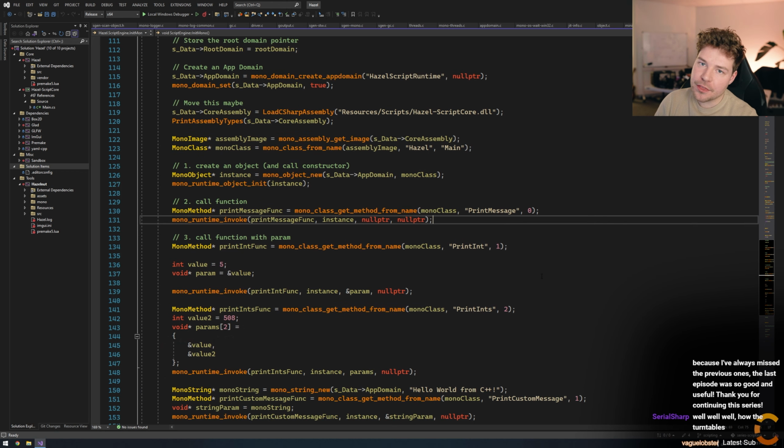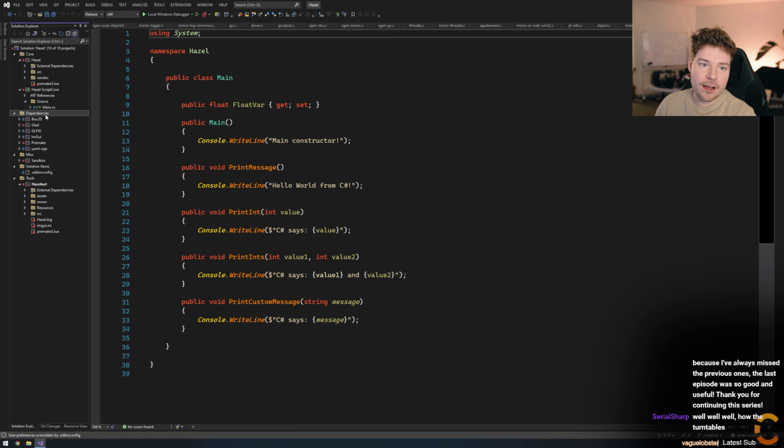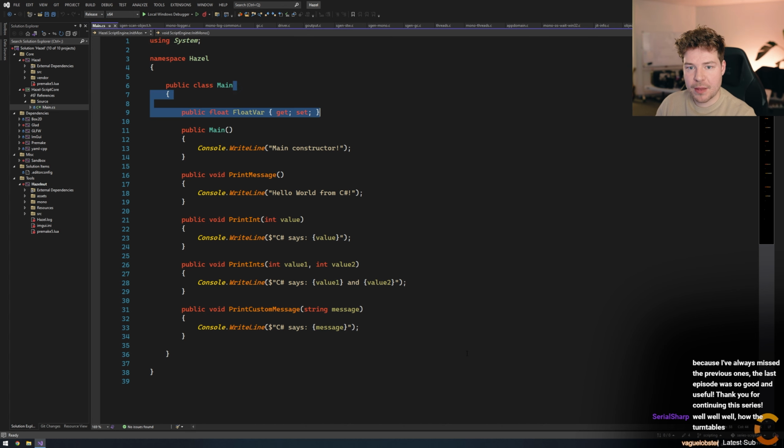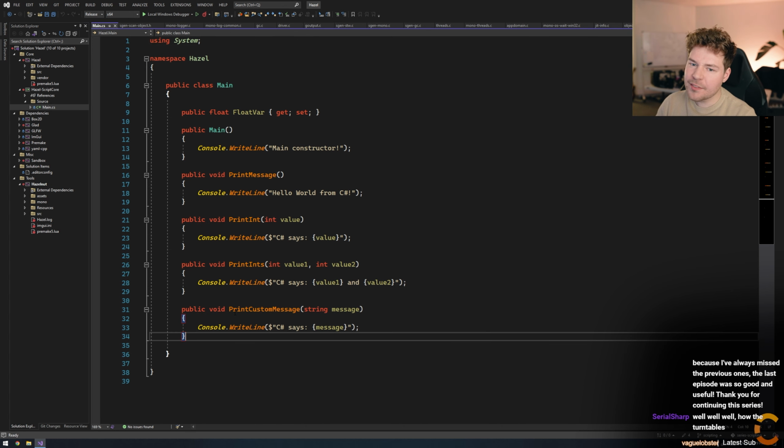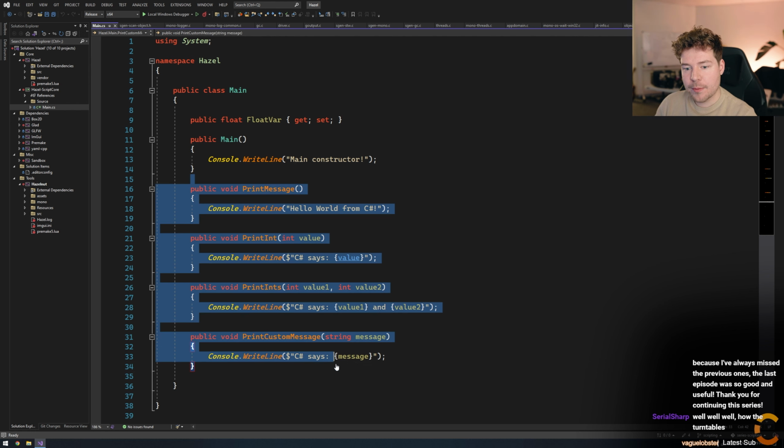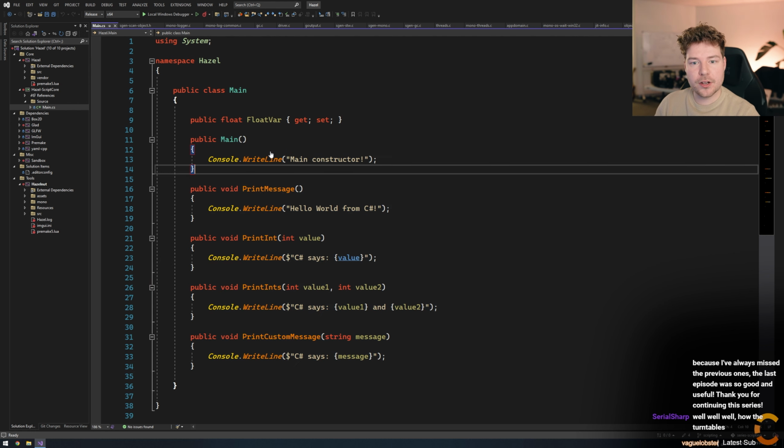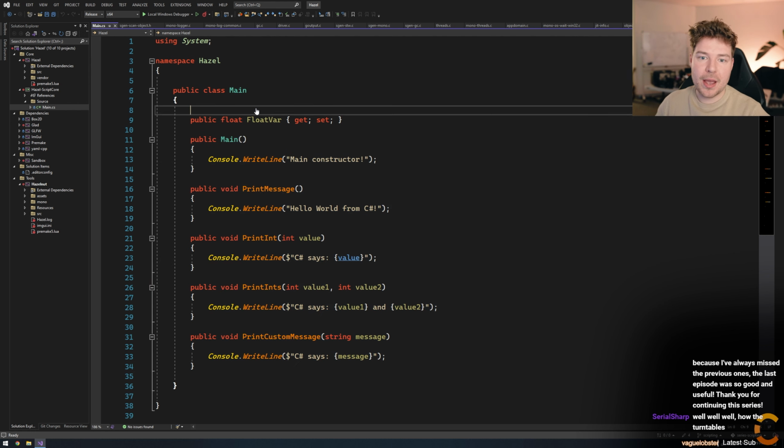Yeah, I'm not going to talk too much about what we did last time, but it was basically just the beginning. The main thing that I want to accomplish here today, we'll see how we go. We might do a number of things, but the main thing is I want us to be able to successfully call a function from C# that is in C++, right? So we want to call a C++ function from C#. We have our Hazel script call. We have this main thing, and then we have a bunch of these functions. And at the moment, we're able to call all of these, including the constructor, by constructing this new main object, right?